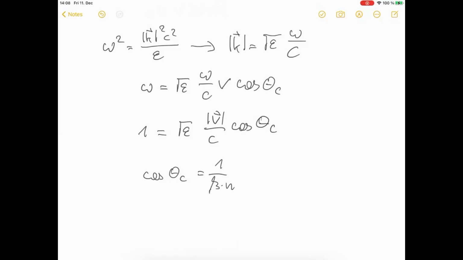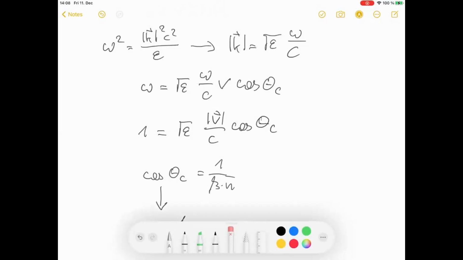And this is important because you know that the quantity to the left is something between -1 and +1. So you will have a real solution only for certain values of beta. In particular,